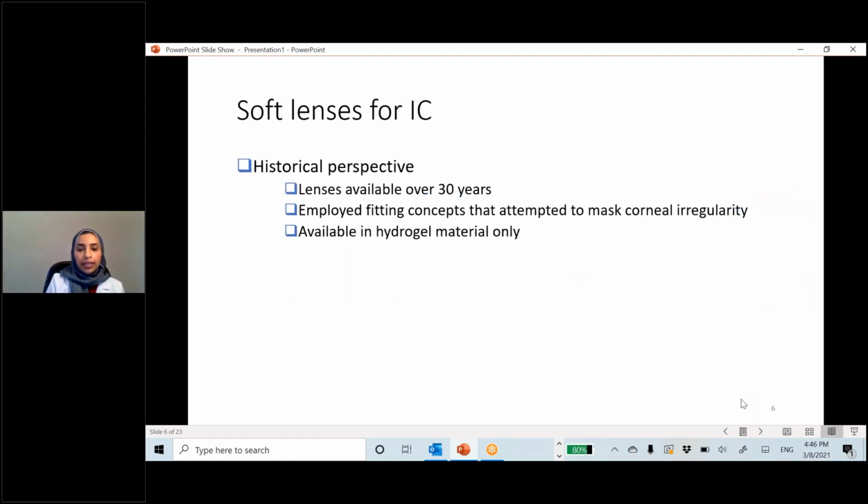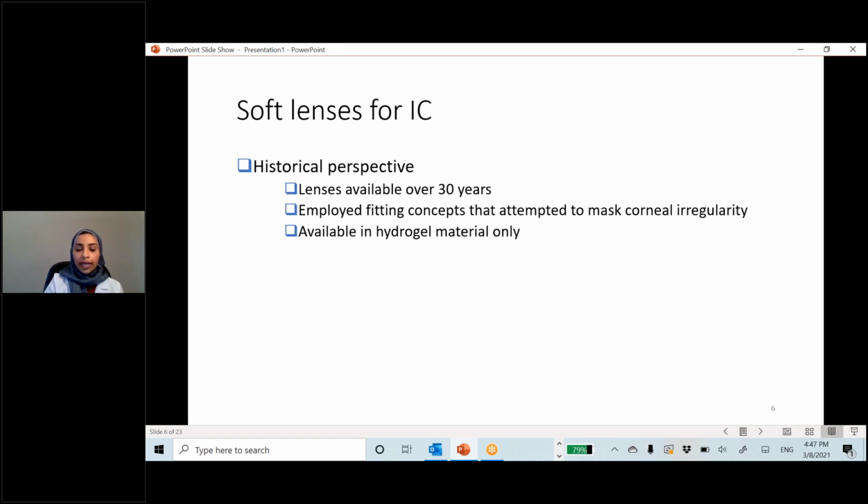Now, soft contact lenses for irregular corneas have been around for a little over 30 years, and how they actually work is almost mimicking the effect of the corneal lens or the GP lens that we talked about. What they employ is increasing center thickness in order to increase the rigidity of the soft lens. And as a result, tears pool underneath the soft lens and create that masking effect. Then some of these lenses are also